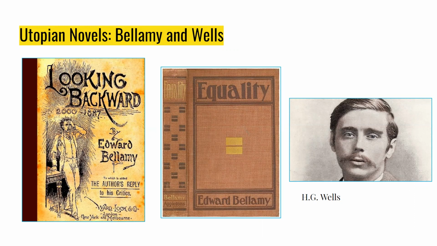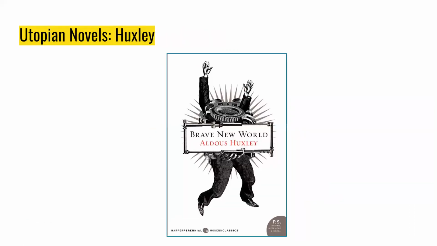Not only that, but a sustainable utopia must be ever-changing, ready to adapt, ready to evolve, and never to hit a stasis. According to Wells and Bellamy, state control, or a Marxist society, is necessary for a sustainable utopia. However, Aldous Huxley's Brave New World displays how state control can create a new kind of utopia, one that leads to dystopia. As we're going to review, utopia has been redefined over the centuries.